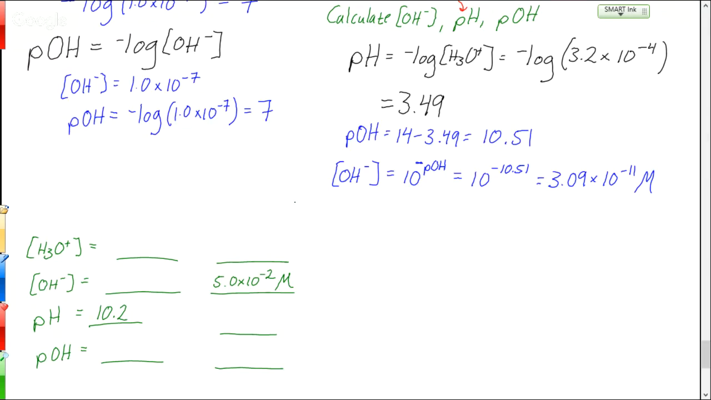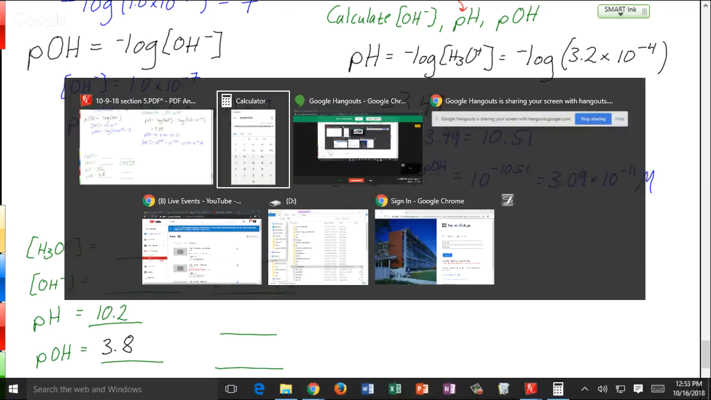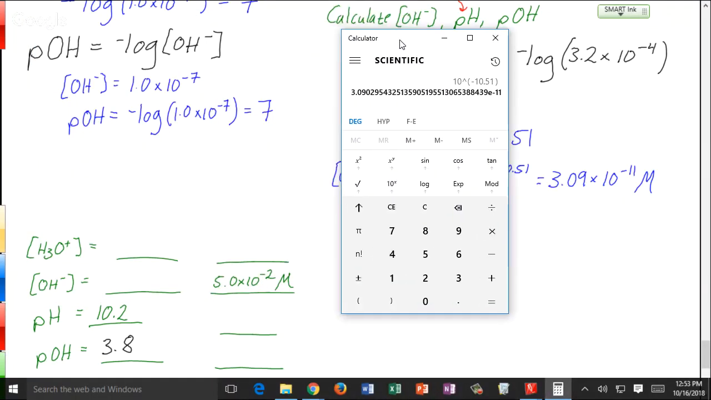All right, so I'm going to go through these calculations with you. If we're given the pH, probably the easiest thing to calculate next is the pOH, because that's just the one where you subtract from 14, right? So the pOH then is going to be 3.8. And then from there, we can calculate the concentrations by raising 10 to the negative power. So for the hydronium ion concentration, we take the pH, which is 10.2, take the negative of that, and then